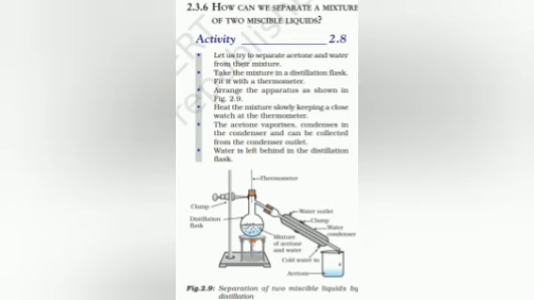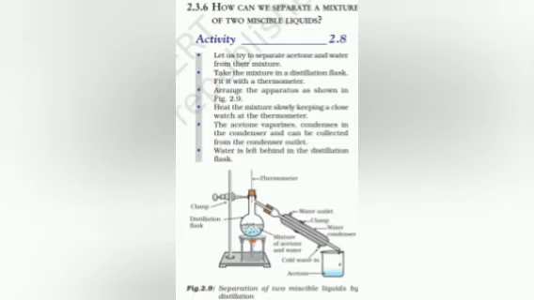Now let's move to the next topic. How can we separate a mixture of two miscible liquids? जो दो लिक्विड मिसिबल कम्प्लीटली एक दूसरे के साथ मिक्स हो गए उसको सेपरेट कैसे करना है. See the activity is given over here. Let us try to separate the acetone and water from their mixture. एसीटोन एंड वाटर का जो मिक्सचर है जो कम्प्लीटली सोल्यूबल है, एक दूसरे के कम्प्लीटली मिक्स हो गए हैं, उसको